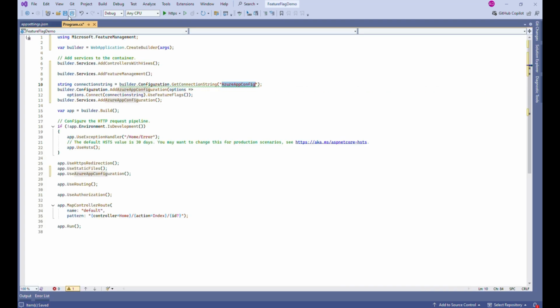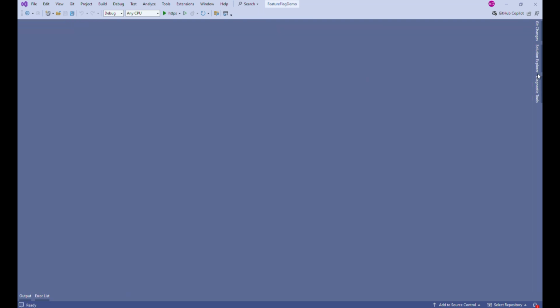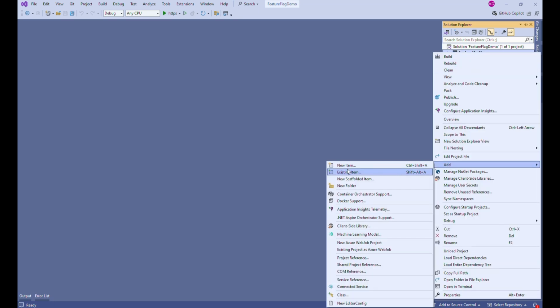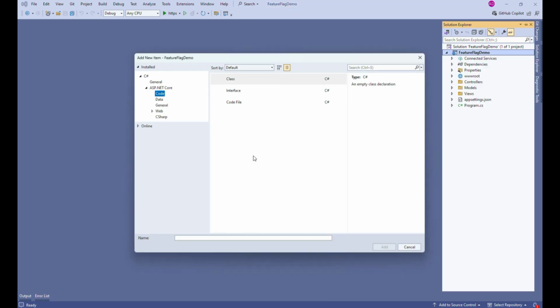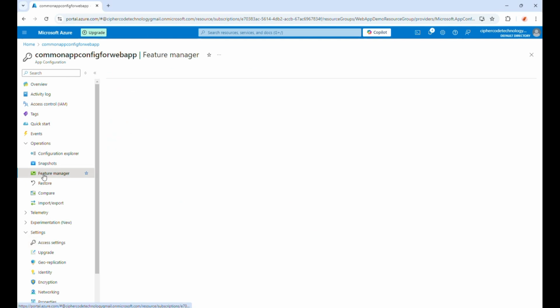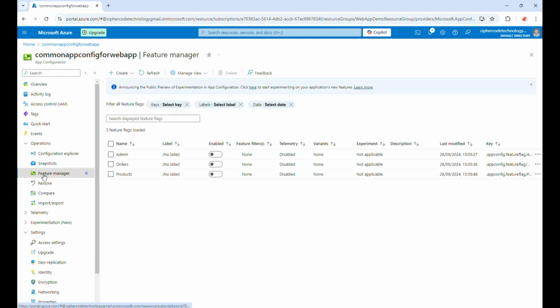Now to connect the feature links added in Azure to our application, we have to create a class which contains variables with the same names as the feature links added in Azure. For this, let me navigate to Solution Explorer, click on Add and select the class option. Provide a meaningful name and click on Add. For the interest of time, let me paste the code. This class contains 3 constant variables. If you notice, the names are the same as the names of the variables which we created in the Azure portal.